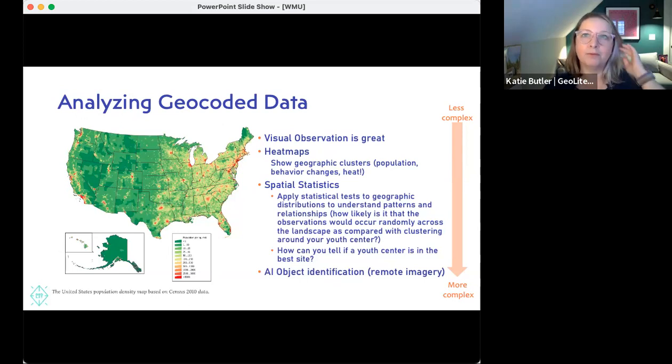And think about whether it places a value on the information. People tend to perceive things pictured in red as bad and green as good. So if you don't intend to imply that there's a value, you might want to choose a different scale. But this is an easy way to look at a heat map, right? The red areas are the areas where there are more people, and the green areas are the places where there are fewer people.